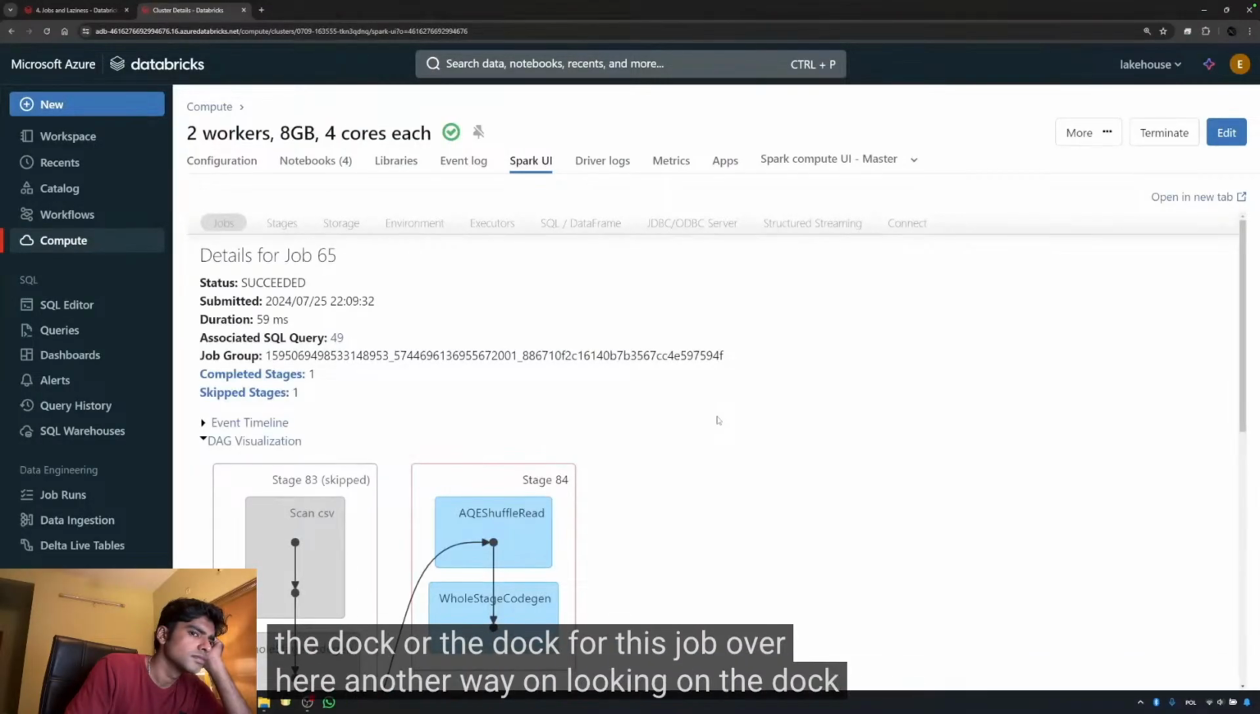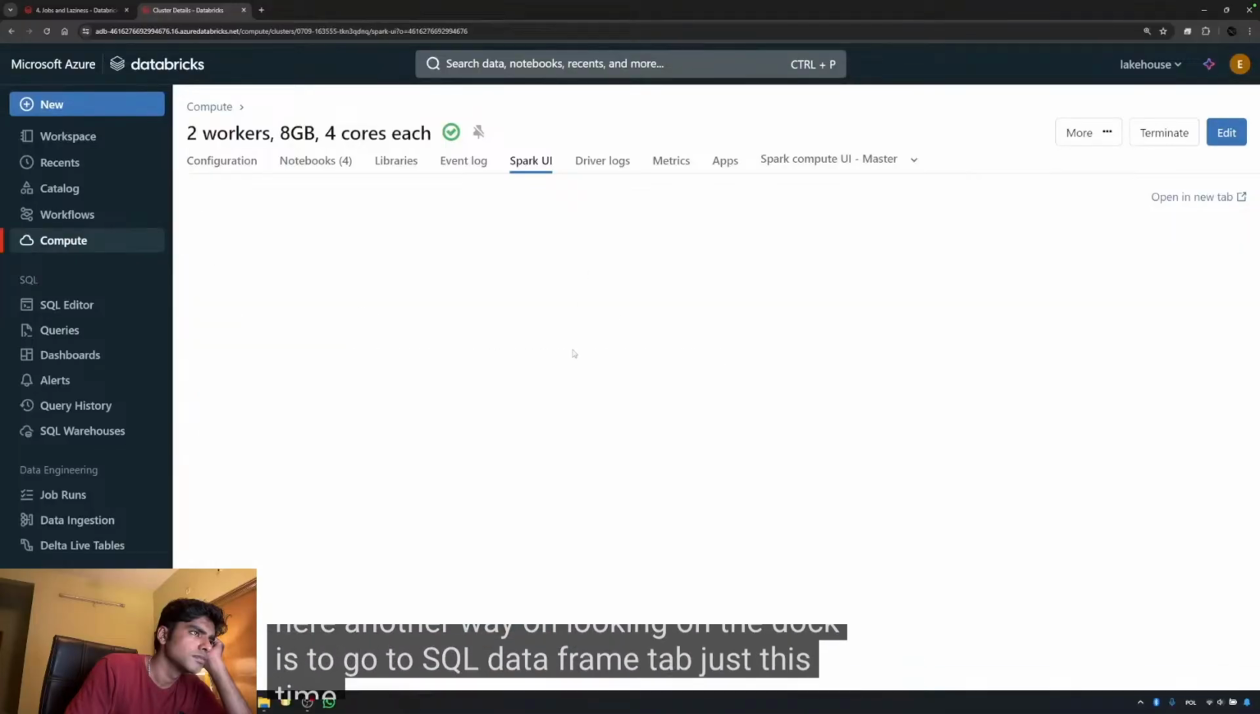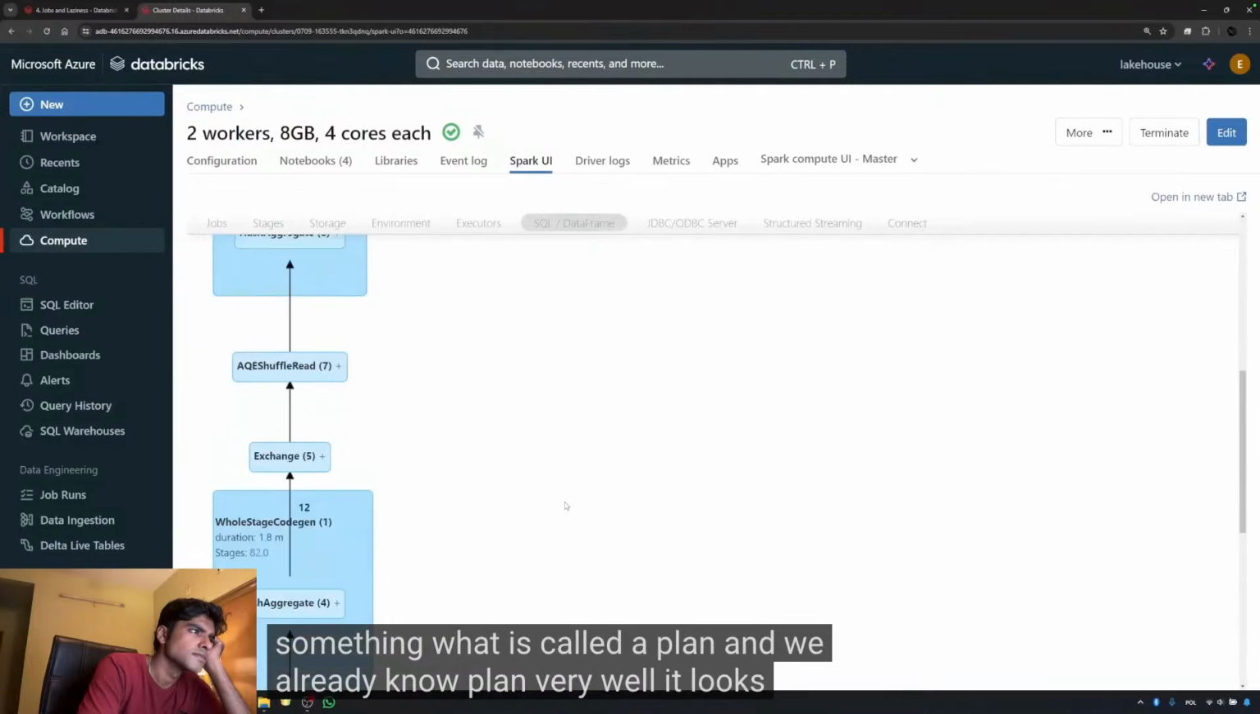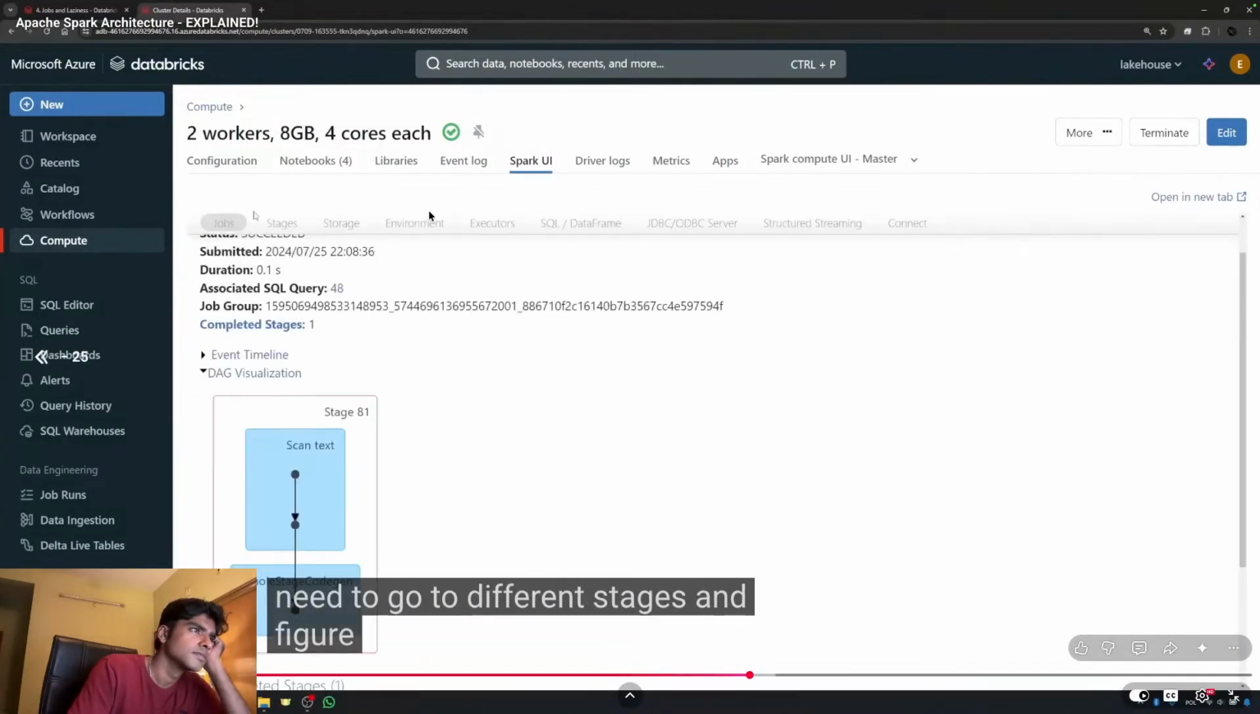Another way of looking at the DAG is to go to the SQL data frame tab. Just this time we don't get exactly a DAG, but something that is called a plan. And we already know plans very well. It looks like the following, and the way we read it is from the